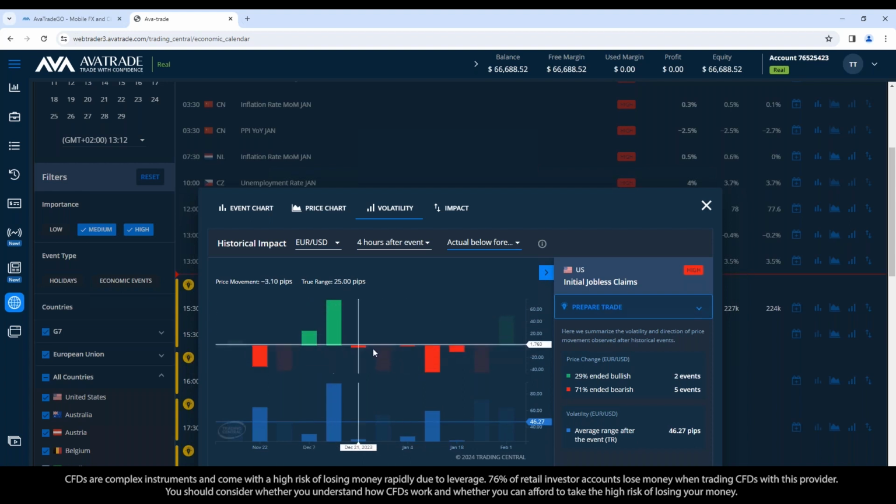So in the 4 hours after, sure, it went down 71% of the time, but 3 of those times it just barely moved down. 1, 2, 3. Only twice was it a more significant move, and both of those were less than the largest move up. So overall, the downward movement was not as consistent or significant per movement when the numbers came in as good